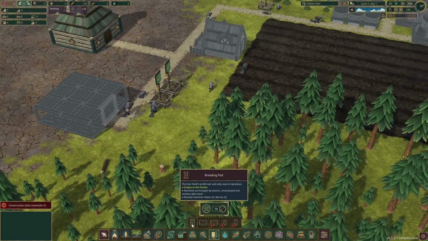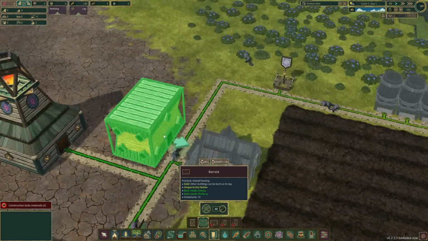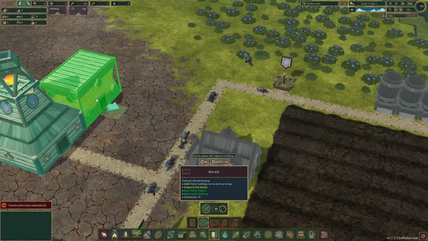So, how... breeding pod? Only way to reproduce. Okay, so this is new. And there's the house. Oh, it houses 10 people and we have 10 people? No, we have 11. That's fine. I'll put it right here up against...